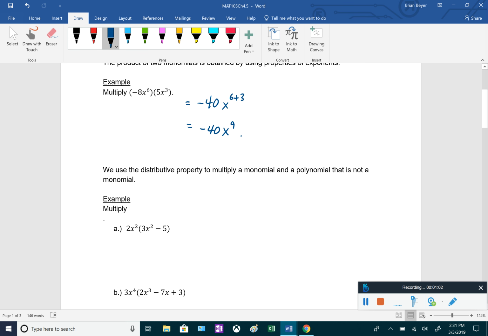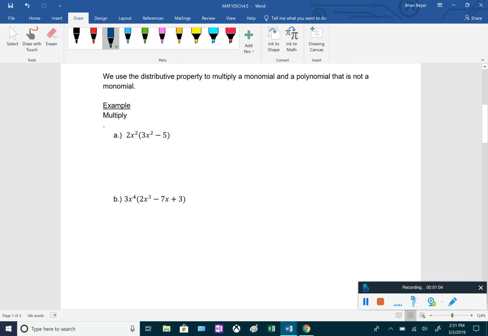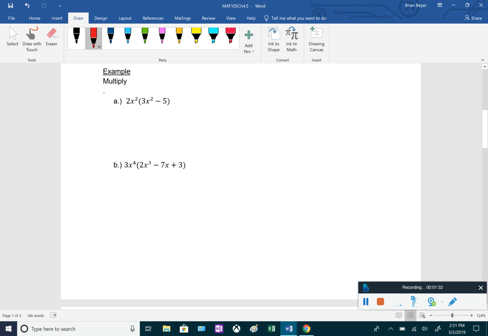It obviously gets a little more complicated. Now we're going to be multiplying a monomial into a polynomial that's not a monomial. For the first one here, we have 2x squared times 3x squared minus 5. The 2x squared is a monomial. 3x squared minus 5 is a binomial. So we have to use the distributive property. It's the same concept as when we distribute numbers, except now we have to take into account the exponent rules. For the first one here, we have to distribute the 2x squared to both of these